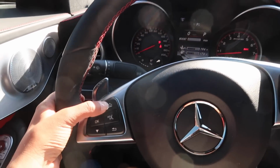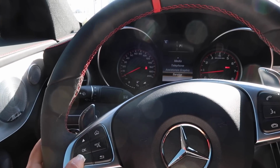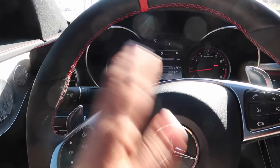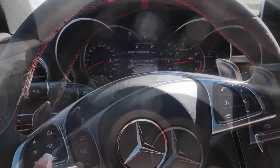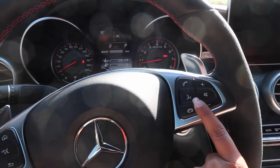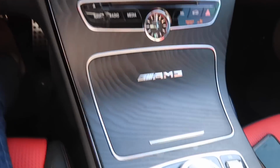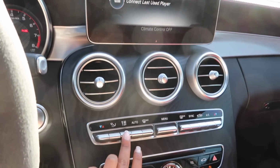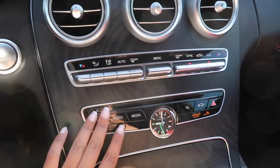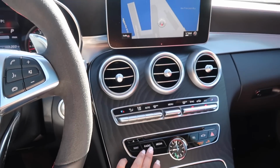So these are buttons used to go through the options on the screen here. I usually just like to go to the AMG and I like to see the temperatures of the oil. Okay, and here is voice navigation, which I don't use that often, but it's there. So in the middle here, you have your temperature controls. It's kind of hot, so I'll actually turn this on. And navigation, radio,